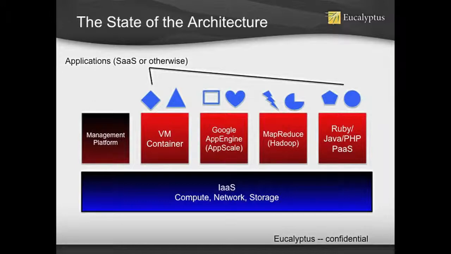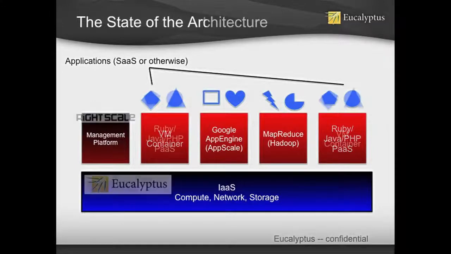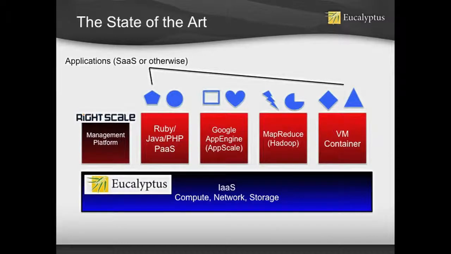Java, platform as a service. You hear this coming about. And all of this can be managed through the infrastructure as a service by a management layer. So what I want to talk to you today about is Eucalyptus as an open source infrastructure as a service layer, and RightScale as being the management platform that uses this in the enterprise to control these stacks.